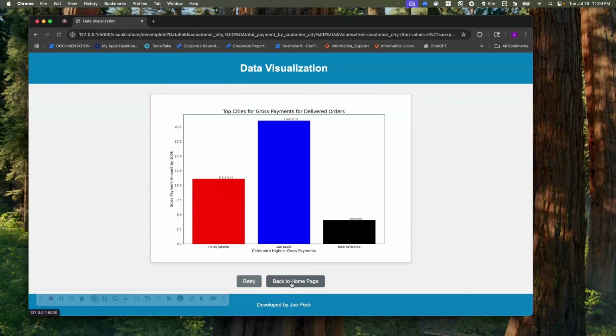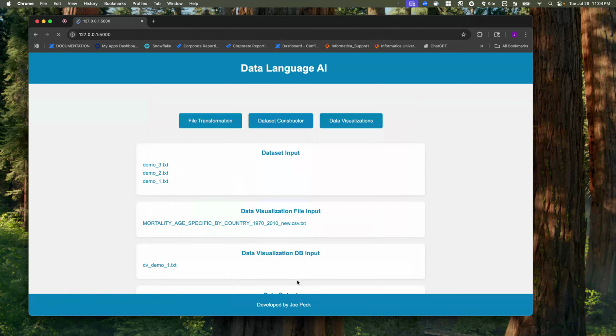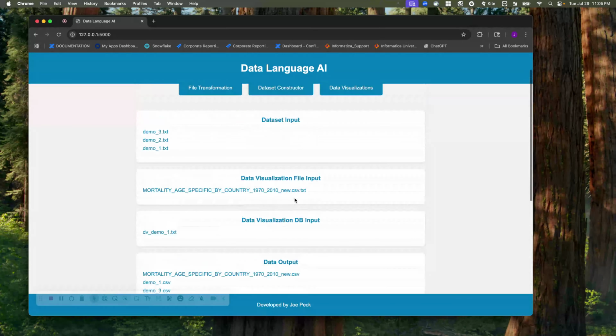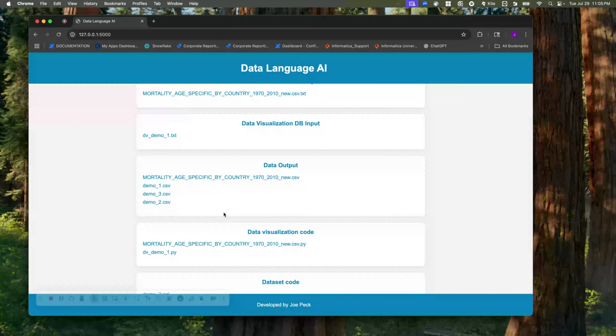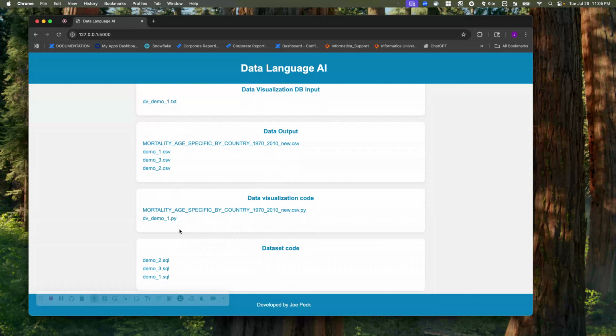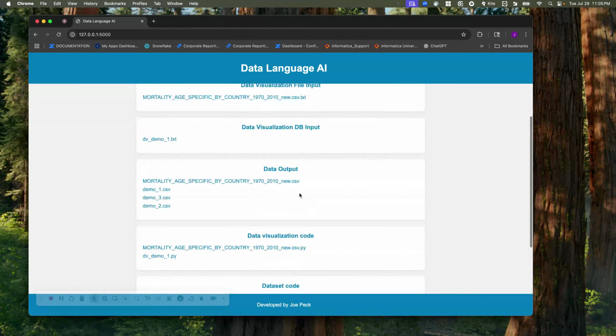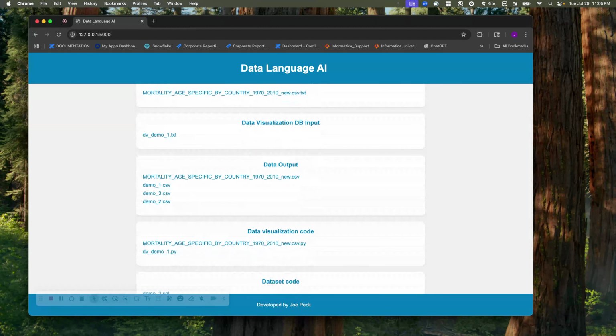So I'm going to go ahead and go to the home page. And then again, we get the demo 1 for the text. And then we got the code, which is here. So demo 1, the DV demo 1 for the Python script that it produces. So with that being said, we're just going to go ahead and